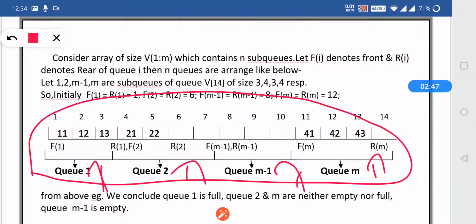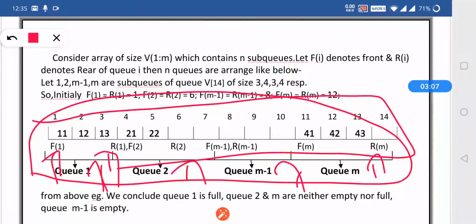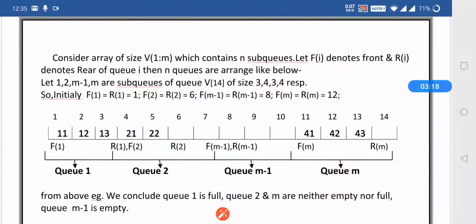Each and every queue has its own front and own rear. q1 has its own front and rear, that is f1 r1, q2 has f2 r2, and in the same way each and every queue will have its own front and rear. This is the memory space which we had, and we have divided it according to the particular queues, so the memory utilization has been done in a very proper way.